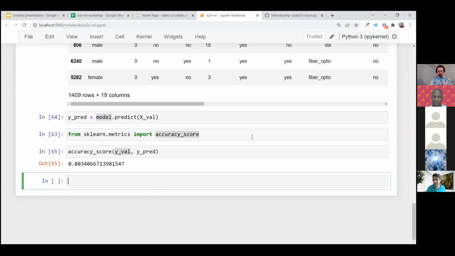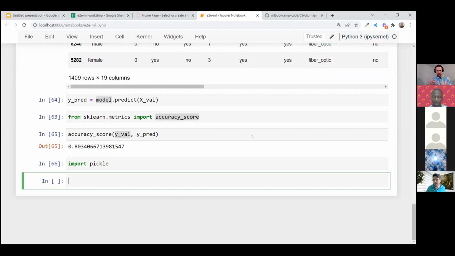So we have this model right now, and I want now to save this model. We will use a library called pickle, which is used for saving any Python object. With pickle, we can save the model and the dictionary vectorizer, because we will need both of these things later to be able to use the model.